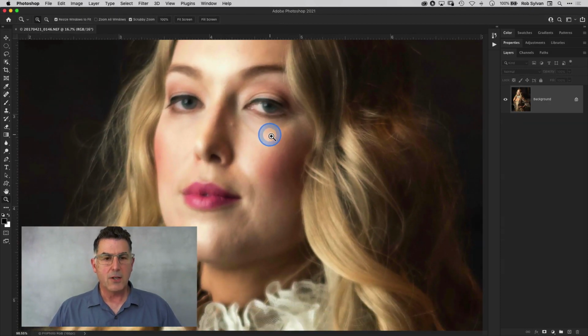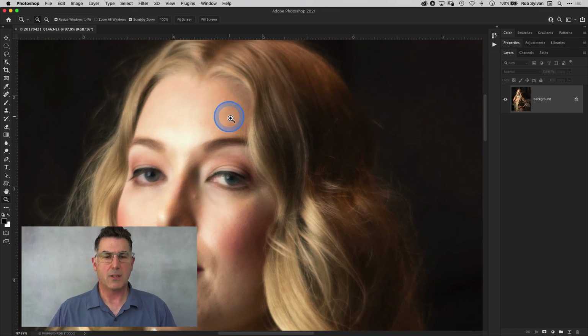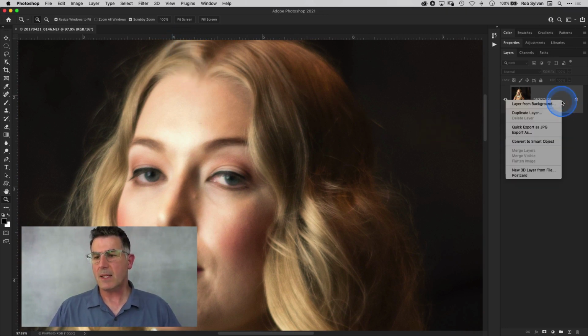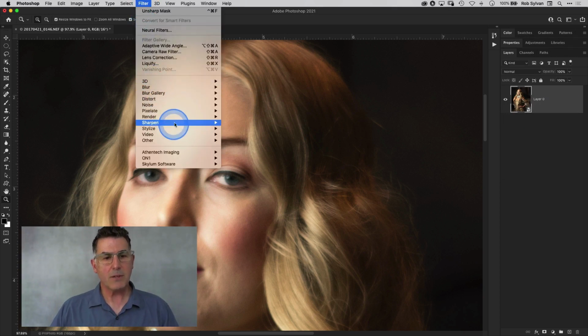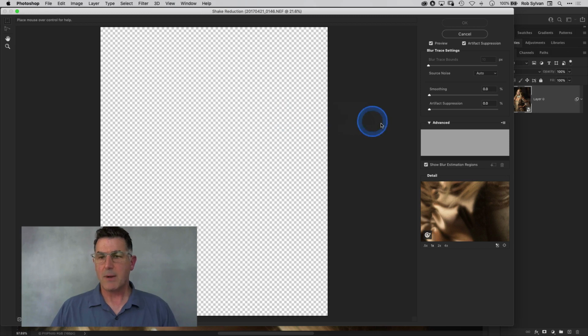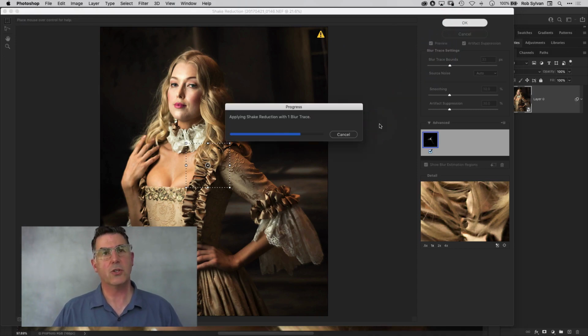So if we just zoom in here, you can see it's just soft. All right. So this is the raw file. It's soft. It's all my fault as the photographer. So I thought, well, maybe could I improve this? Could I fix it in some way? So if I make this a smart object, just so I can apply a smart filter to it to make it easier to just do before and after view. So I go up to Filter, come down to Sharpen and Shake Reduction. Now I'm not going to mess around with the shake reduction options here. I'm just going to let it do its defaults and click OK,